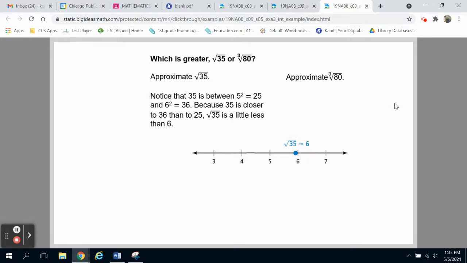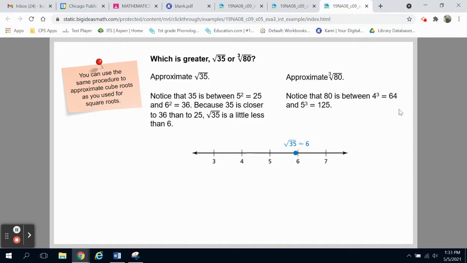And then we're going to do the same for the cube root of 80. So notice that 80 is between 4 to the third, which is 64, and 5 to the third, which is 125. Because 80 is closer to 64 than to 125, we're going to say it's